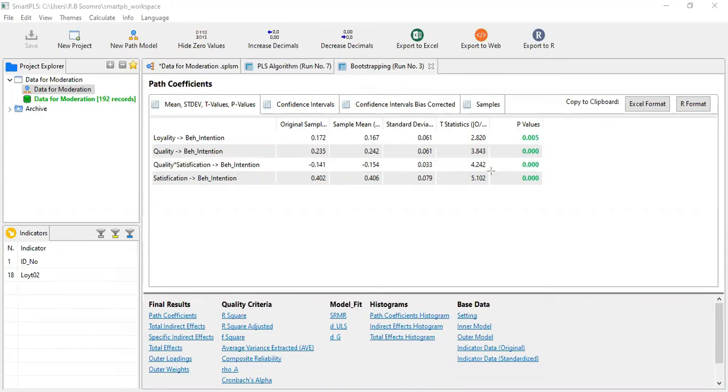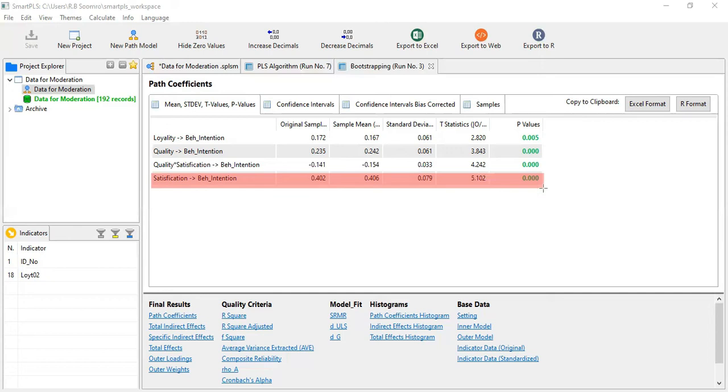Okay, another one is about satisfaction and the behavioral intention. The relationship between these two is also significant. Here satisfaction is our focus variable. That's why we have to check, because when we want to make an interaction, the interaction is a combination of quality and satisfaction. So satisfaction is our independent variable.